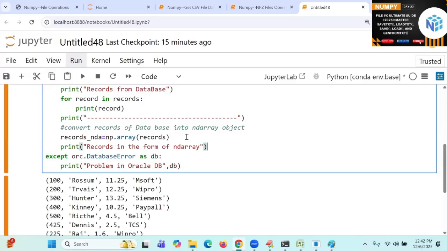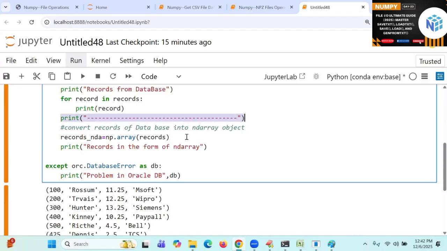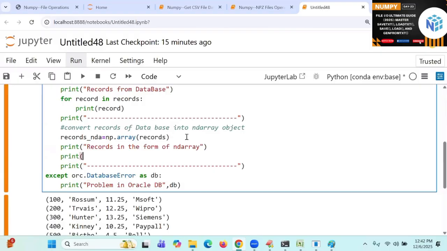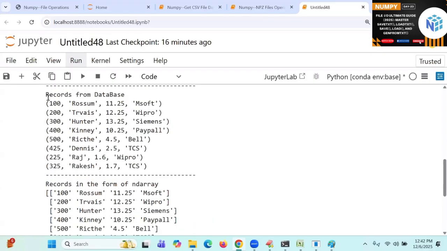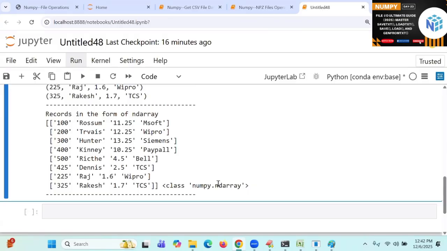Print of records_NDA, type of records_NDA. Try to see, students. These are all called list type. These are all called ND array type.